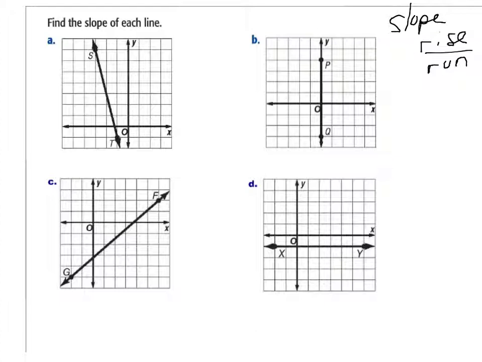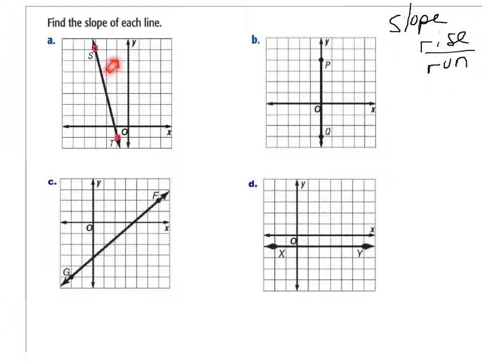Now when you calculate rise and run, you have to go from known points on the line. So that means you should use points that are already graphed there for you. So for example here in A, we're given point O and point S. So we want to calculate the rise and the run from O to S. Now when we do that,